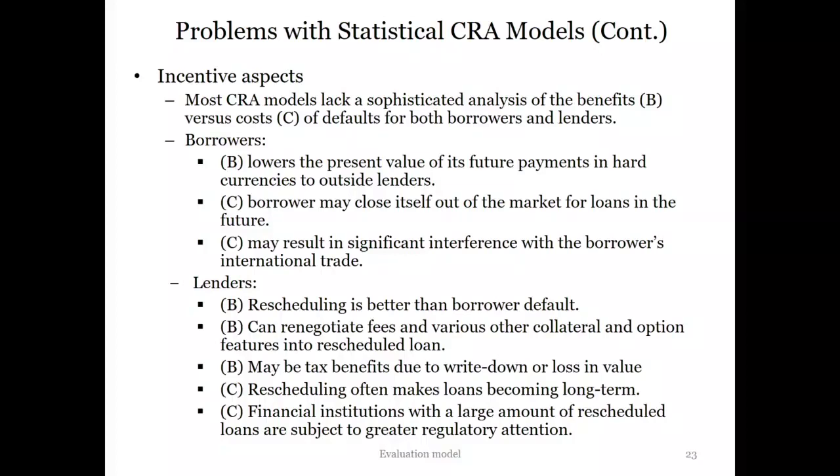They will face very, very high reputation problems, right? So no lenders will trust the government anymore. They will find it really hard to borrow money in the future. So these are the costs. For lenders, the costs are straightforward, right? They will lose principal and interest payments from the loan. The present value of the loan is going to decrease. They have to realize huge losses. Sometimes it might threaten their solvency, right?